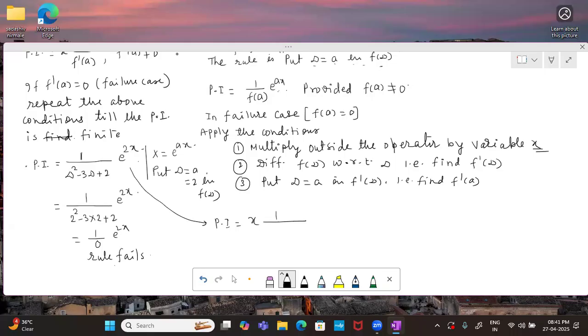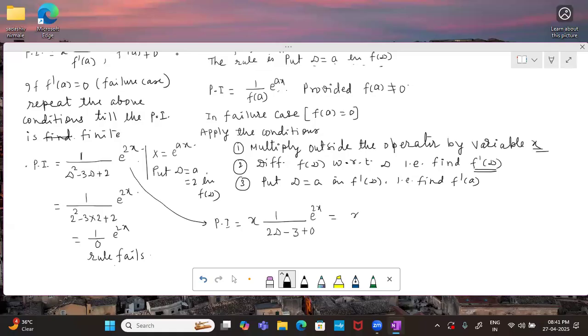Then differentiate D square minus 3D plus 2 with respect to D and find f dash D. The derivative of D square is 2D, the derivative of 3D with respect to D is 3, and that of 2 is 0, e raised to 2x